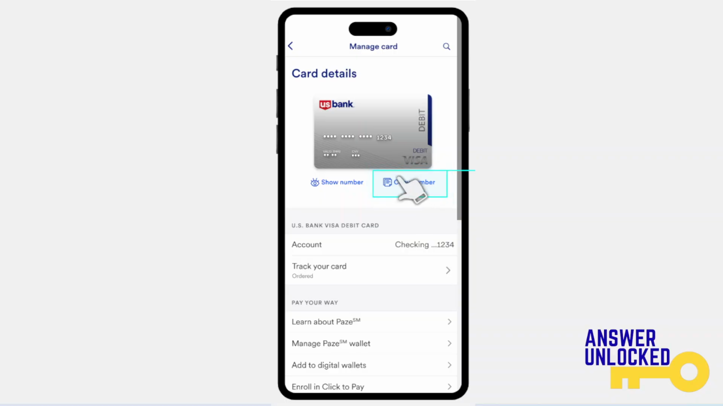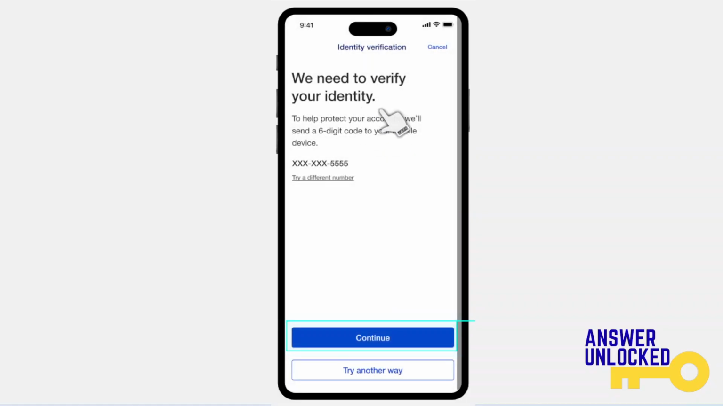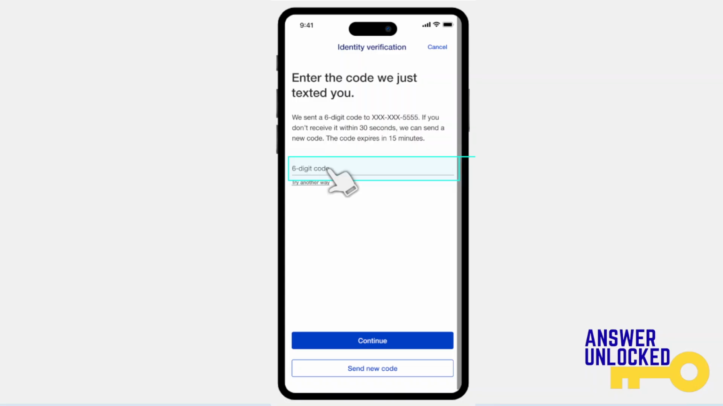So once you have copied this number for your virtual card, you can go ahead and use it. So we've copied the card number and you'll need to verify identity to go ahead and copy that. So click here on continue, make sure you have that number. And then I want you to go ahead and enter the 6-digit verification code right here and click on continue